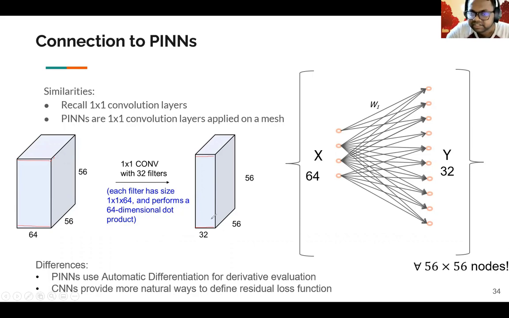Now, the natural question which leads to everyone's heart is: what happens when you are dealing with a very irregular mesh? If it is a uniform mesh, then you can argue that it is a uniform convolution or a 1x1 convolution. But what if it is on a mesh? In that case, we consider, say, a tetrahedral mesh or a triangular mesh. Then what a PINN is performing is nothing but a 1x1 convolution in graph space, or a graph convolutional neural network.